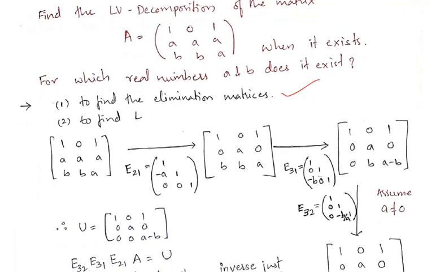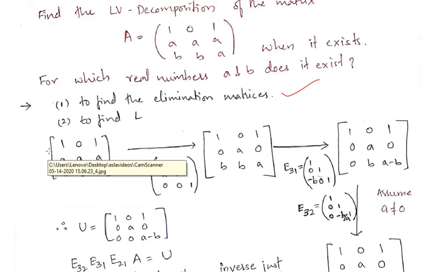Taking our matrix [1 0 1; a a 0; b b a], I will perform a row operation. How to perform a row operation? After performing the row operations, the resulting matrix will be an upper triangular matrix. The second point is that the elimination matrices which we note down in between the operations will lead to the lower triangular matrix. The basic goal is that we are breaking down the given matrix into lower and upper triangular matrices. It is the multiplication of the lower and upper triangular matrices that is called LU decomposition.